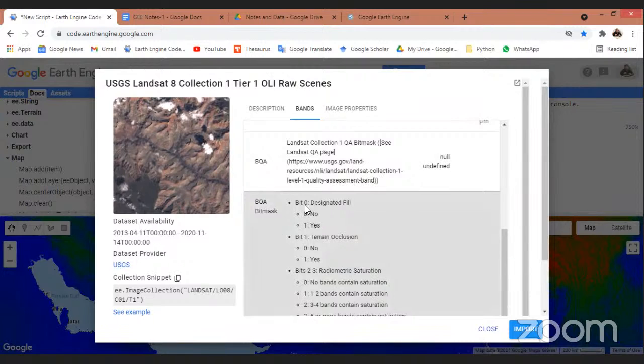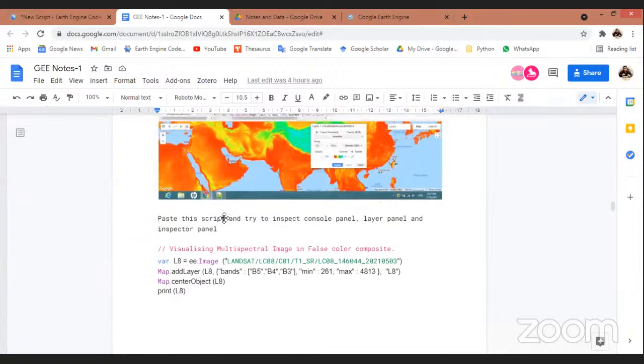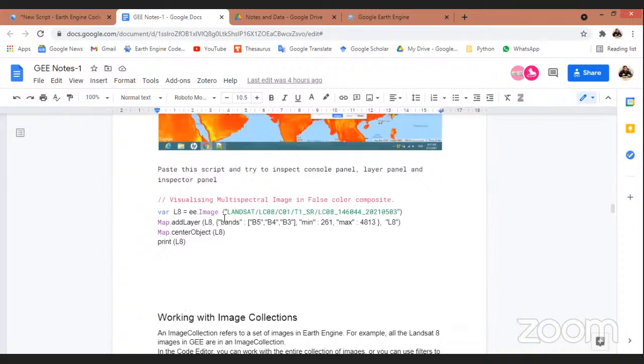And in order to call those images, the code for using this image is Landsat LC08 T1. But please remember here the object name is ImageCollection. That means when you are calling more than one image, you are going to use ImageCollection. But presently, we are just calling a single image. So in order to call any single satellite Landsat image, I just provided you a code. If you go into this document, you just copy the code